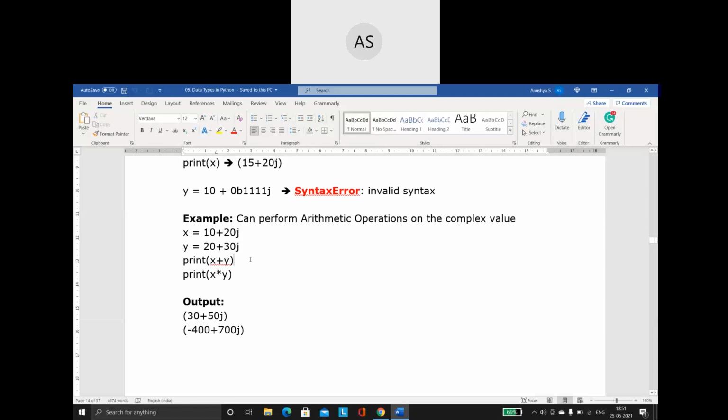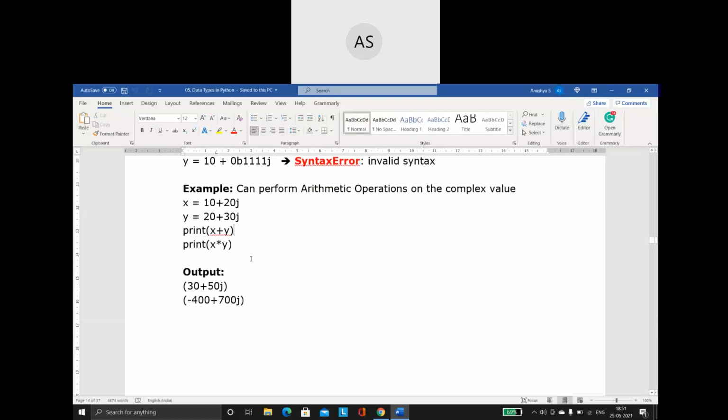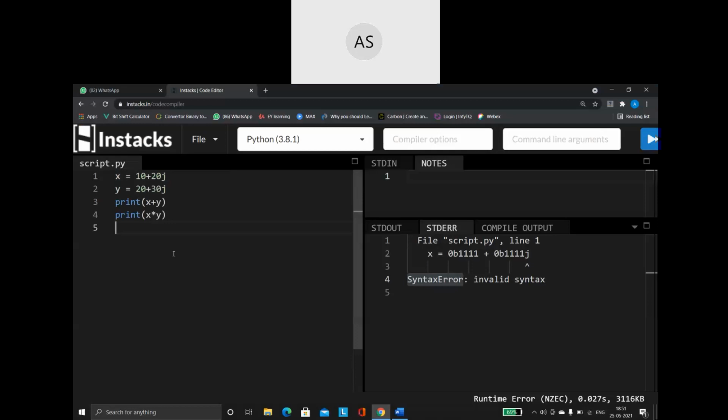Right. Now, again, basic arithmetic operations. Yes, I can very well perform the basic operations on a complex data type also. It is very much allowed. Say, for example, these are the two complex values I'm having. Then I'm saying x plus y. Now I'm saying x into y. So what is going to happen when I run this?